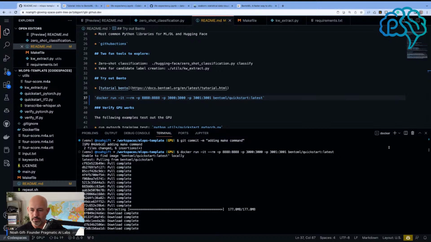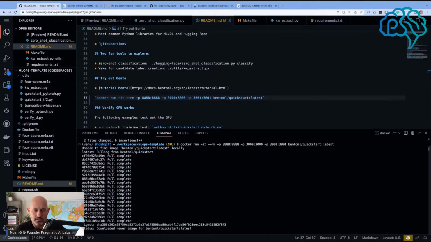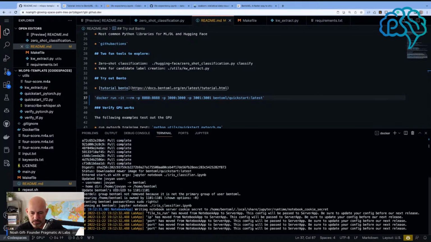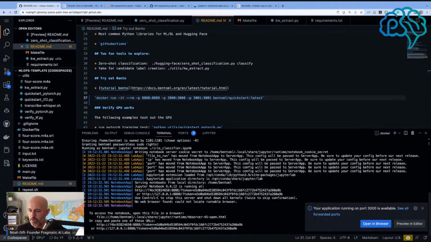So I do like the idea of what they're doing here. I think a lot of vendors should do this, which is give people one-liner Docker commands to demonstrate how their product works. And whoa, that was easy. So I guess it's running a notebook. So if we launch the notebook in the browser,